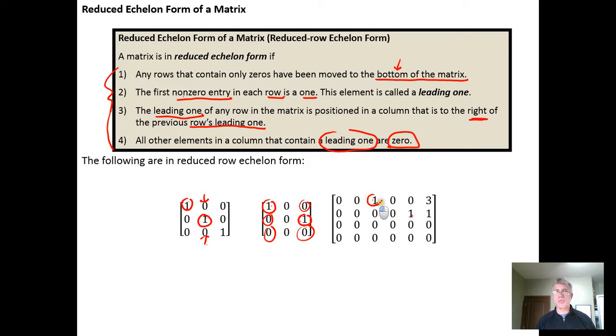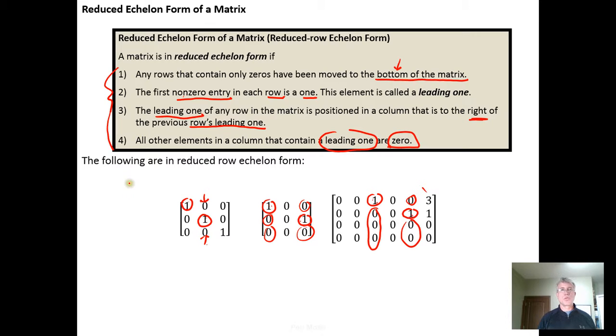Here's my first leading 1. Everything below it has been zeroed out. The second row has its leading 1 here, and everything above and below it has been zeroed out. The last column here we don't need to worry about because there are no leading ones in that column, so it's okay for there to be 0 entries, non-zero entries, numbers that aren't a 1 or a 0, everything's good to go. So as long as a matrix meets these four criteria, we are in